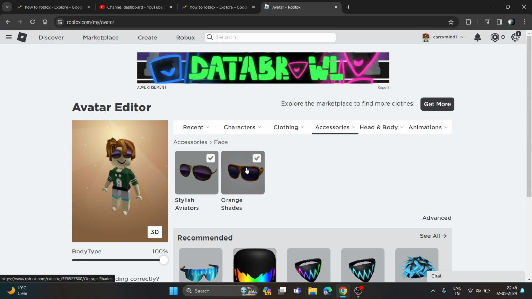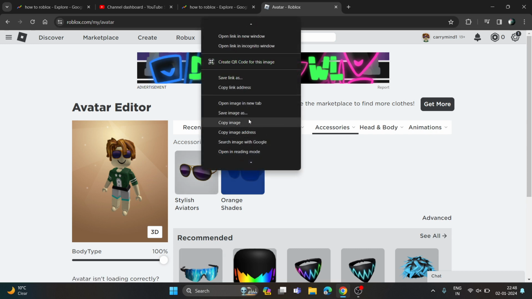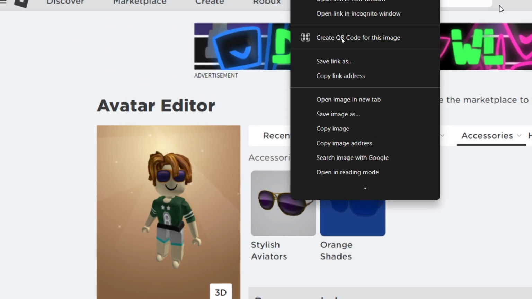So how did I do that? If I unselect any of them and try to select one of them, guys, it doesn't work. So if I try to select both of them, it doesn't work. So how can I select both of them? So you just need to, guys, right click on a new accessory and copy the link address from here